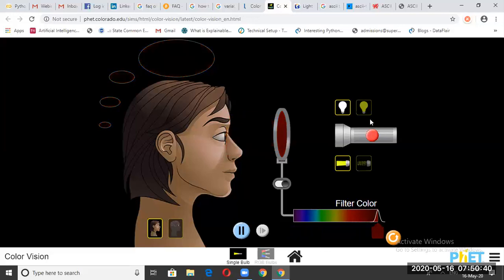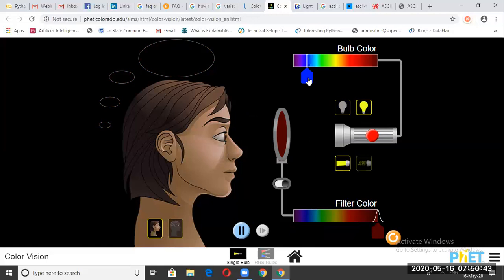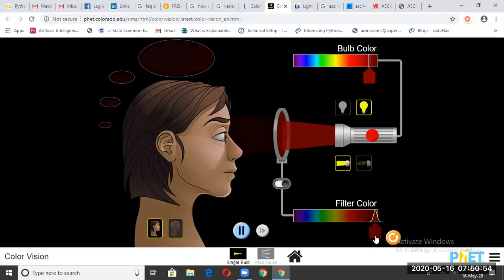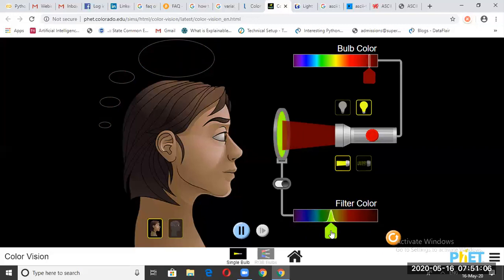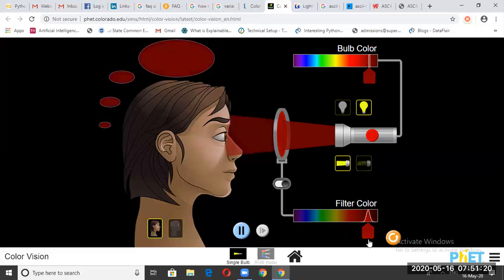So let us say that I choose a bulb of color, suppose red, and I switch it on, and I have applied a filter here, right? If I apply the filter, only if that color comes up, it will show me the color here. Otherwise, it will not show me any other color. All the other colors are filtered. Understand it correctly, it is passing only that wavelength which I have chosen over here, the bulb color, right? So it will not show me any other color, it will show me only the color that belongs to the bulb.